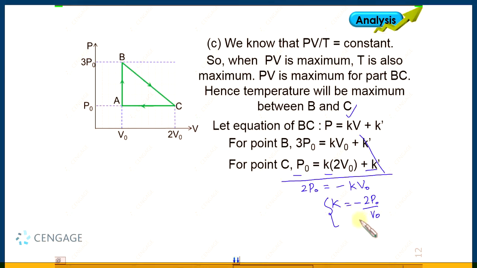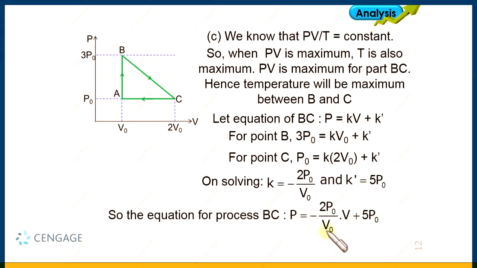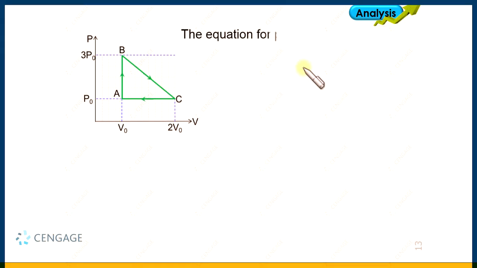Now, if we substitute this value in this equation, or any equation, we can get the value of k dash. On solving, we will have these two values. This is the value of k and this is the value of k dash. Intercept is positive and slope is negative. Now, we can substitute the values of k and k dash in this equation. So, this is the pressure and volume relation for process BC, but we need to write the temperature relation, right,